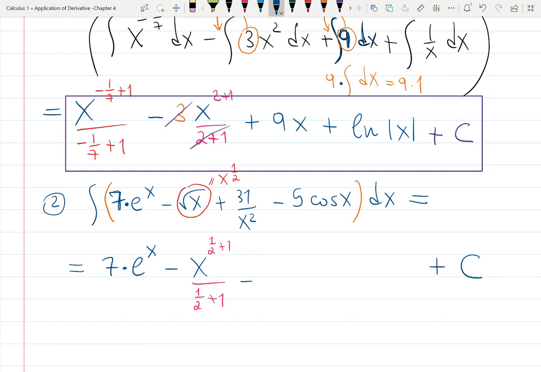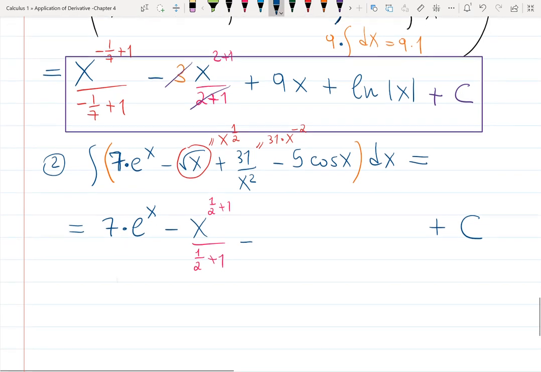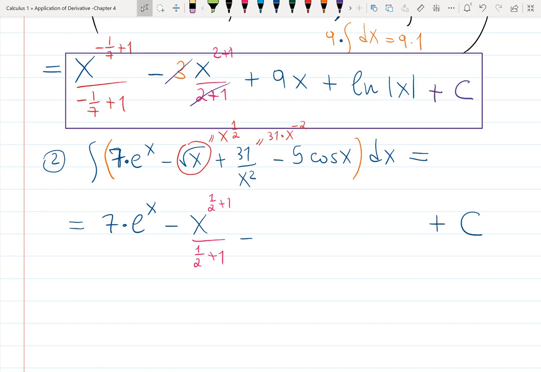Minus what to do with 31? With 31 to the x over x squared. Take a pencil and write it down as 31 times x to the -2, just like you already rewrote a square root of x. Then you use the same power rule. Power rule did not tell you cannot use it for negative numbers. So we will be using it right now, and it will give me 31x